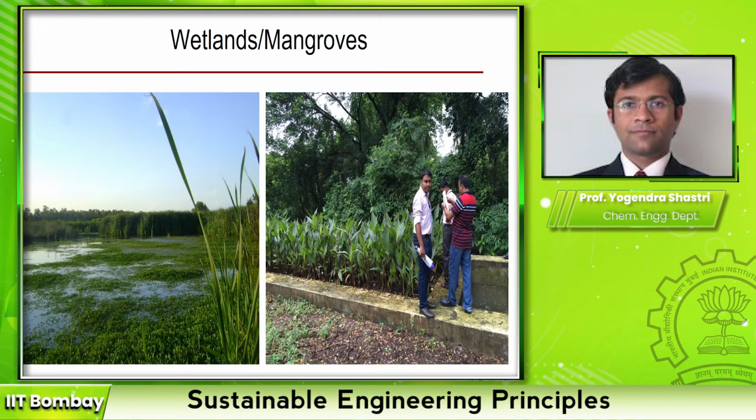Finally, one example about wetlands and mangroves. Wetlands and mangroves are natural systems that provide multiple benefits. One obvious benefit is they protect us against storm surges or water surges. If you have a tropical storm, a hurricane or a tsunami, and you have wetlands protecting you from the sea, they will act as a buffer for water surges. But they also serve another very important purpose, that of purifying water. It has been documented that many wetlands and mangroves have plants that can take up heavy metals.